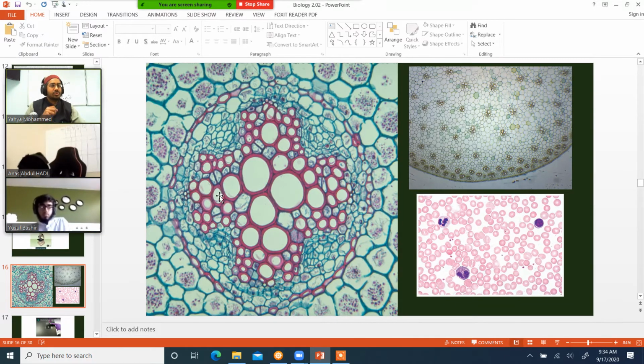Some kind of color, right? So all the things here are stained. These are all called stains. Just like you stain a T-shirt, there are certain dyes that you put on the thing, and then you wash it off. When you wash it off, certain structures take up certain colors, and so it helps you see them. If you don't do that, most of this is just going to be clear. You're going to barely be able to see it.